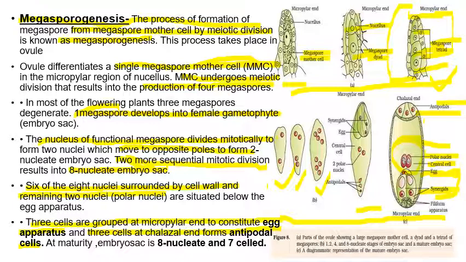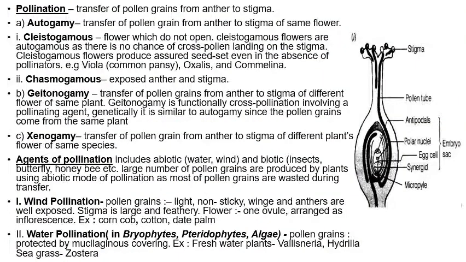You can see one more structure given here, the filiform apparatus. The filiform apparatus is very important. It provides passage to the male gamete and helps in identification of the micropylar end. So we have understood how embryo sac development is done by the megasporangium, and now the 8-nucleate 7-celled structure is formed and ready for fertilization. So students, as you know, in pre-fertilization events there are two main phenomena: gametogenesis and gamete transfer.